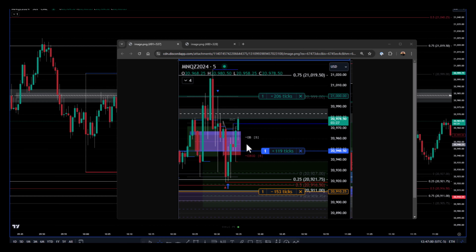Alright, so I grabbed a screenshot that I sent over to a trading buddy of mine. Here's when I was in the trade. You can see the stop was at the 910.25. Target was 21,000 on the nose, 206 ticks, targeting the high of this candle, which was the 10 o'clock news candle again. So entry,